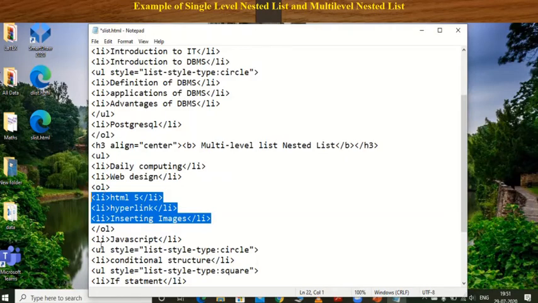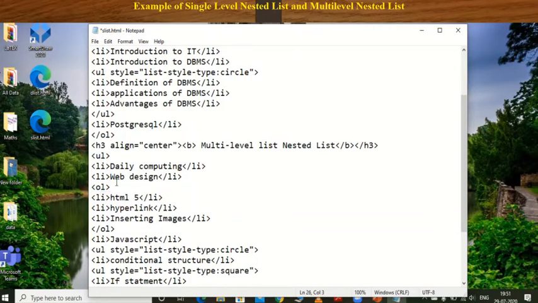Okay, now the next element is JavaScript. That means whatever number or symbol appears in this one, the same symbol appears for JavaScript also, like circle or bullets. By default an unordered list displays bullets. Next, in JavaScript I want to use one more list, that is an unordered list, whose elements are shown using circle as the type, in which we define a conditional structure.